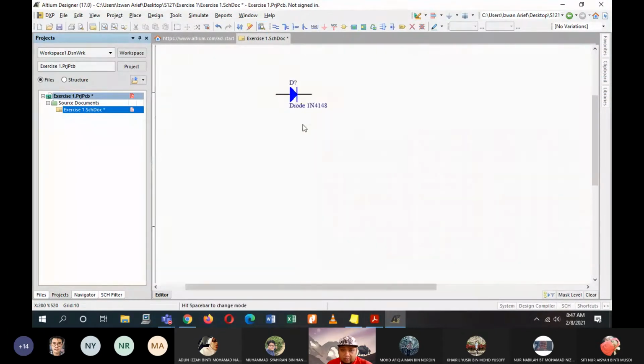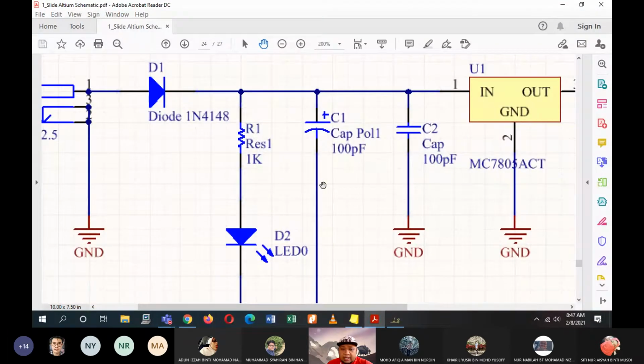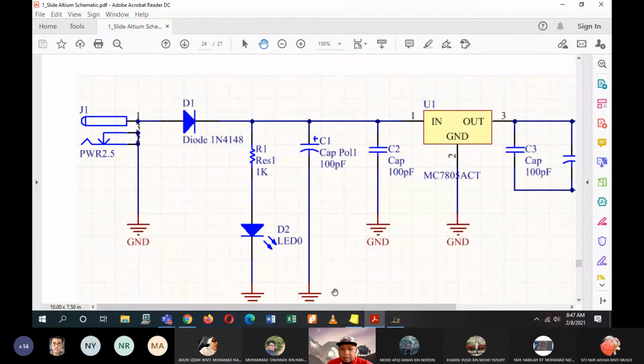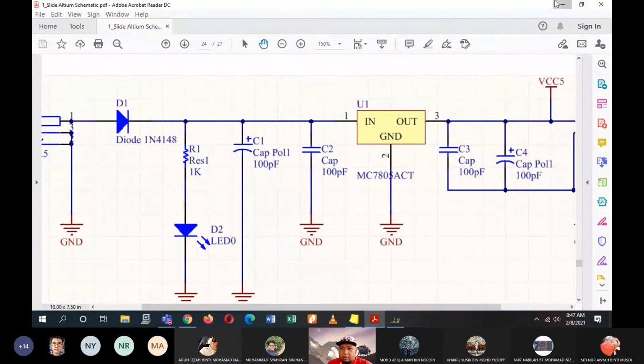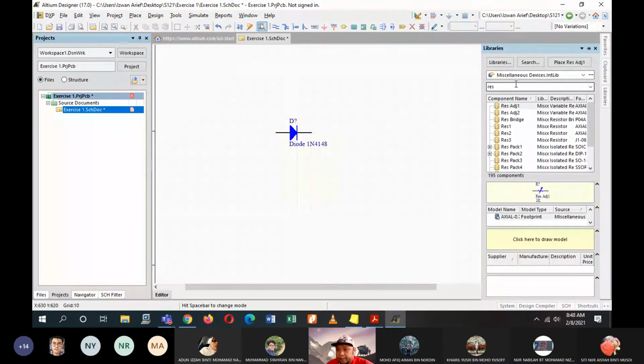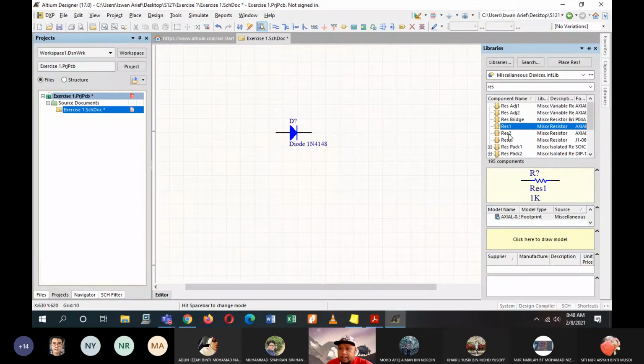Okay, I'll zoom them as well. And then what else do you have? Resistor 1. How many resistors? Only 1. So look for resistors. There, resistor 1 with these symbols. These symbols depend on which symbols you are using. I'll drag this place up a bit. So there. Resistor 2 is like this. Resistor 3 is like that.